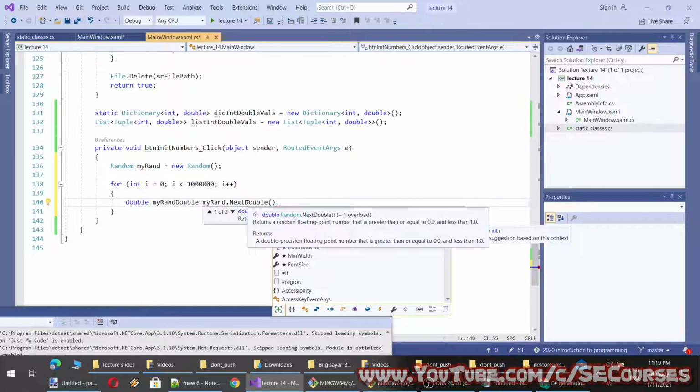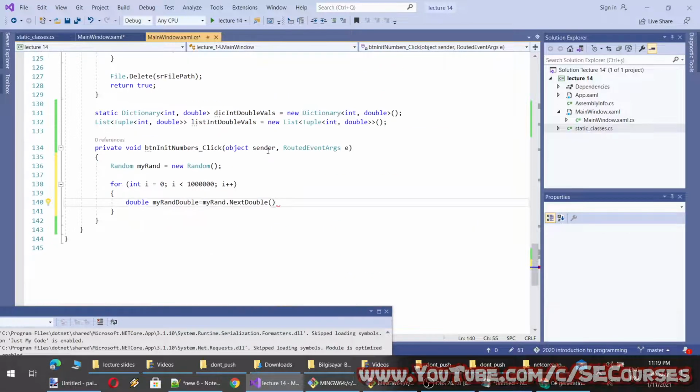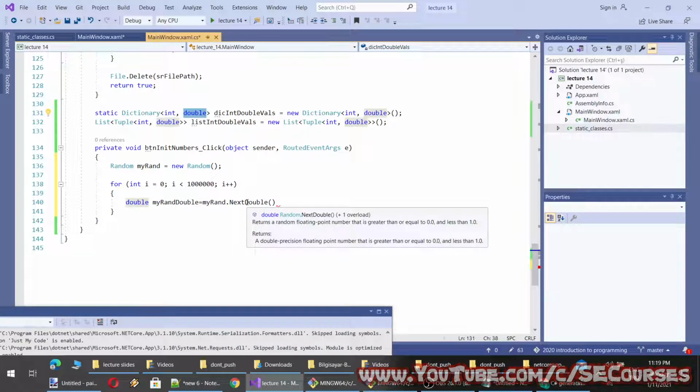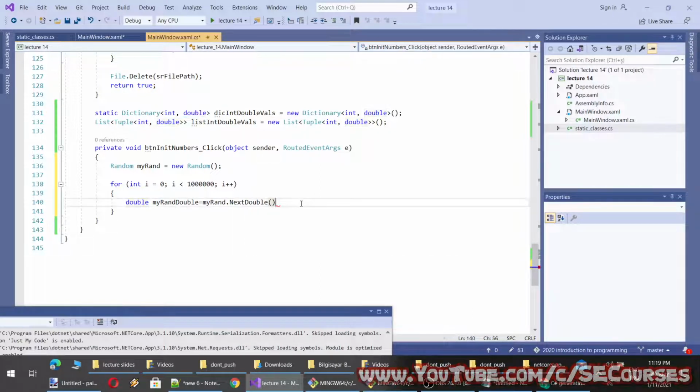I see. Okay, this can work. I don't even need to use the extension. So this is generating a double already. But it will be between 0 and 1, not bigger double numbers. All right.